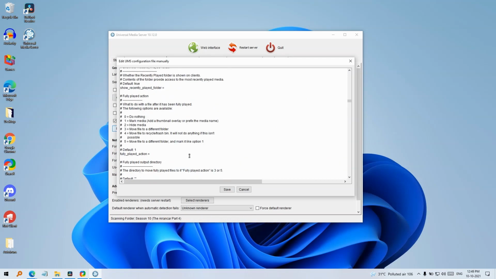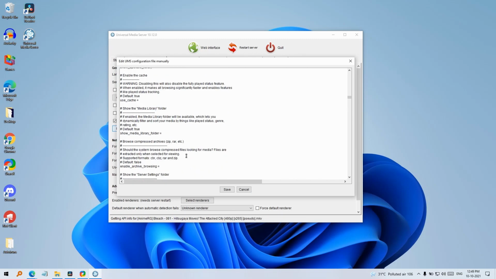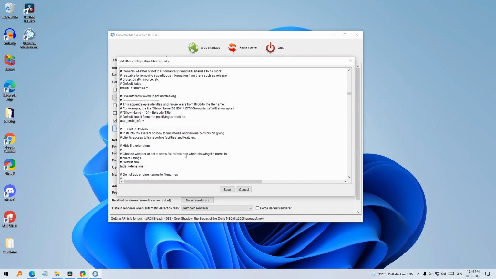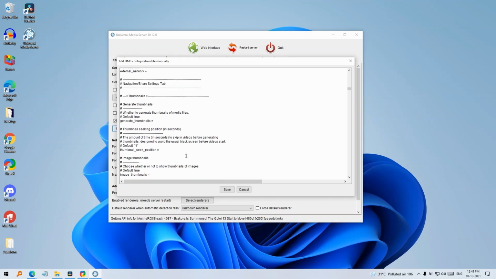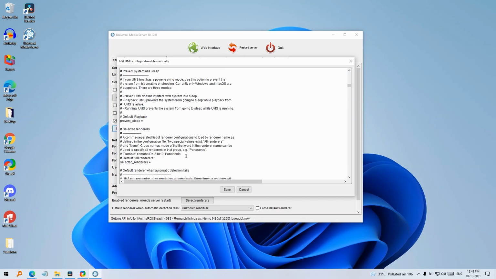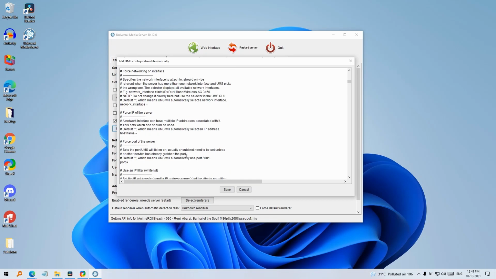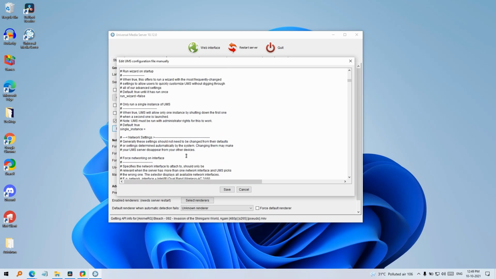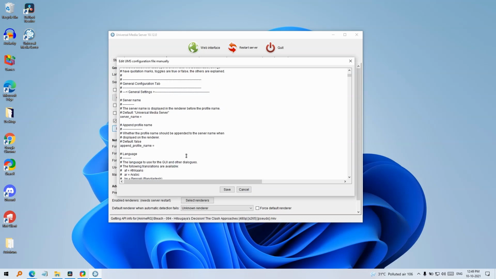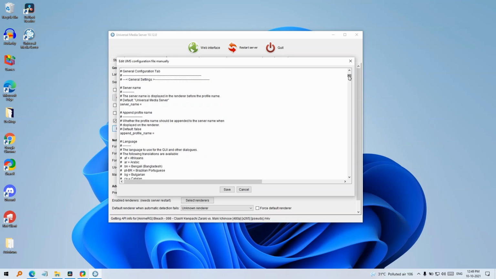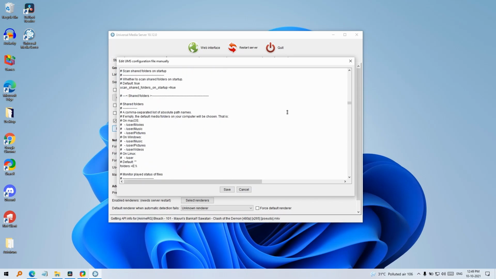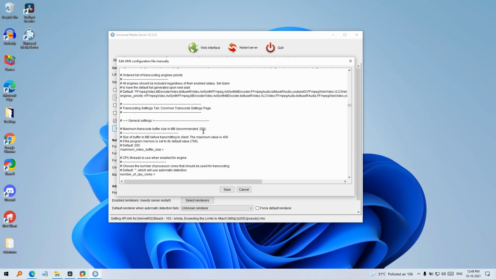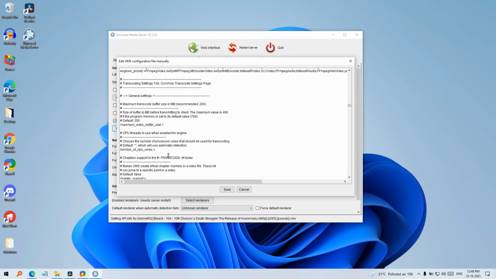We do not want to enable transcoding for any file by default. The option should be available. This is language settings, which should be fine. We will go below this. Transcoding general settings, maximum video buffer size.